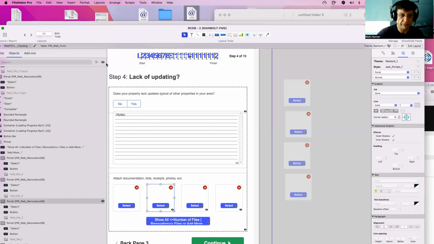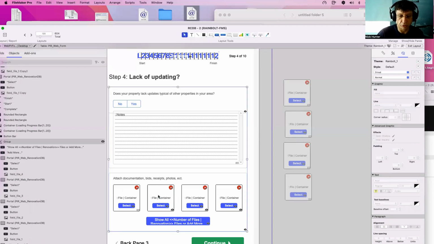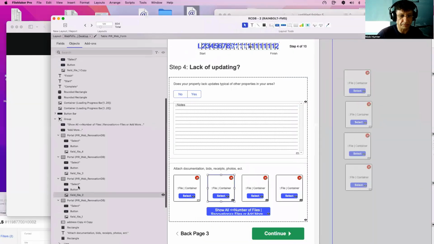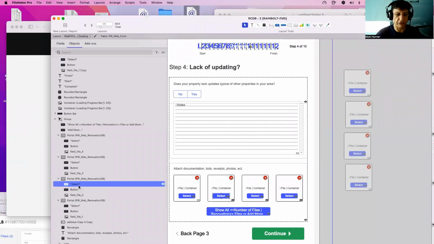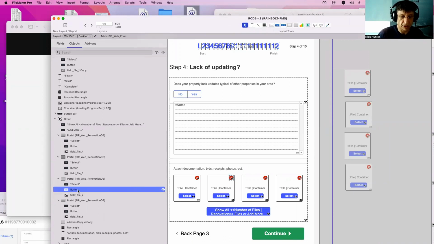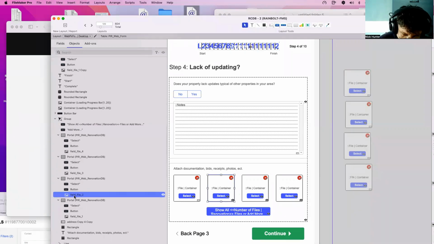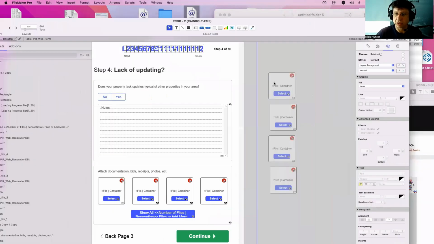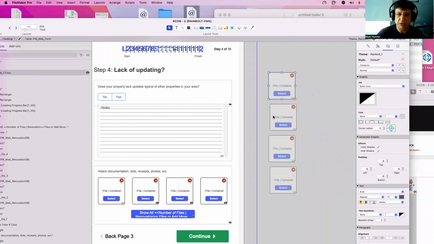And inside the portal, you put your container. So the container here, we can see, I have the select button on top. I have another button here, which is a delete button. And then I have the field, the container field. But why does duplicating work? Because it is the same